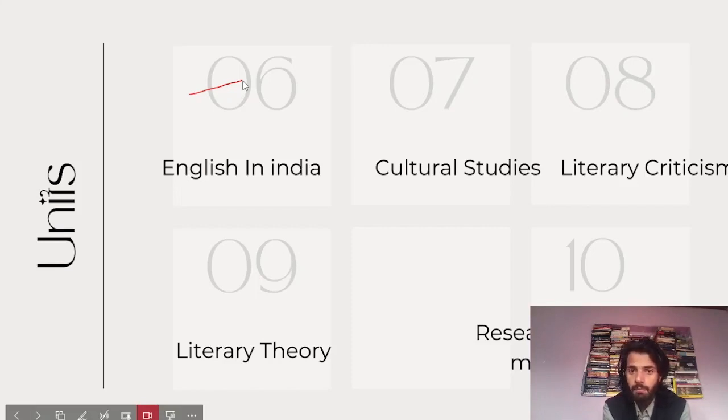And now we have cultural studies. Cultural studies, in these years we have seen quite a good number of questions coming from this very area. Why? Because this very area is much emerging as well, it's much in trend as well, and at the same time what you have to do: cultural studies, Marxism, new historicism. You can do these very areas together.